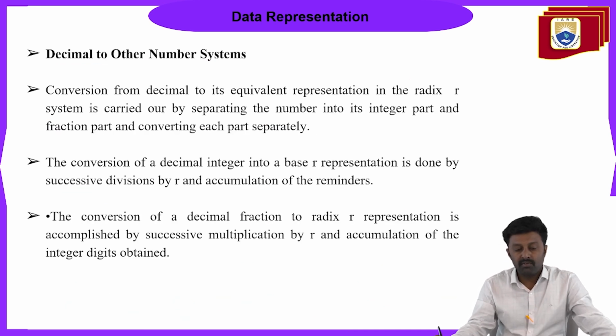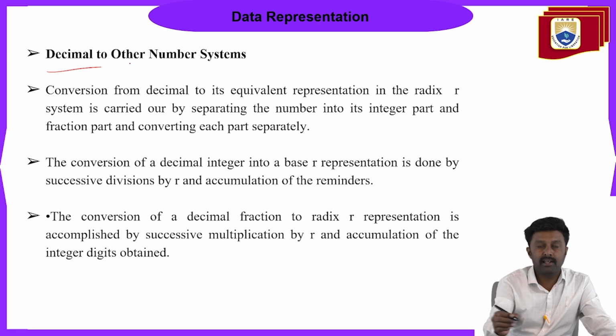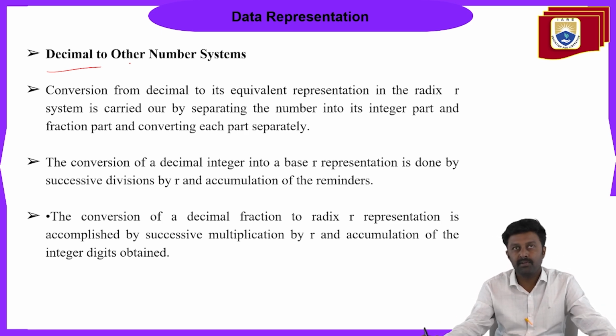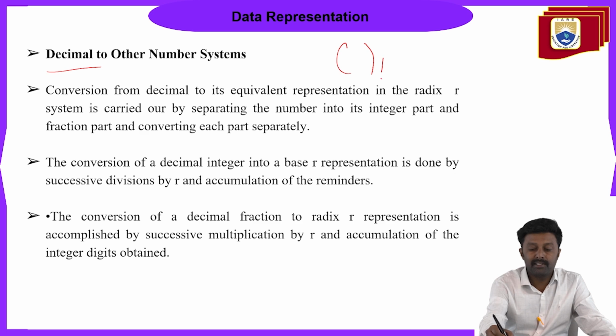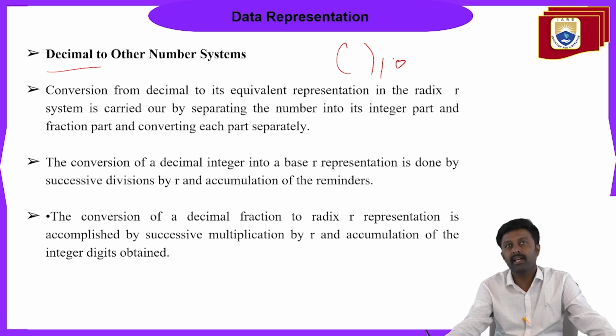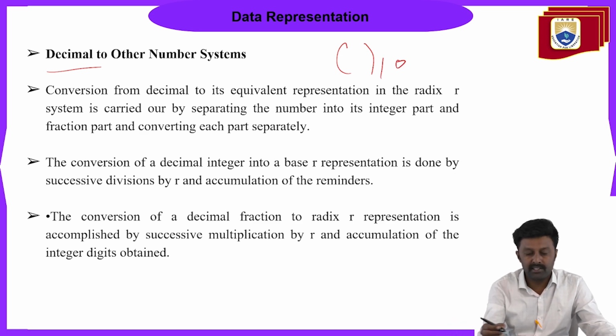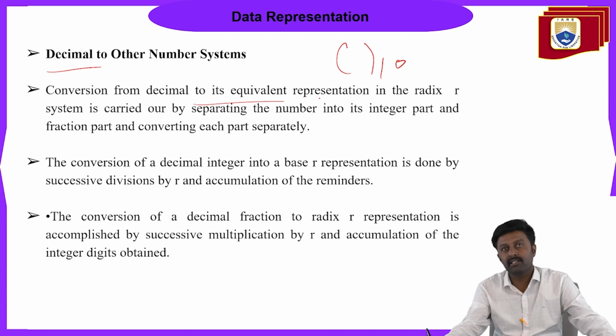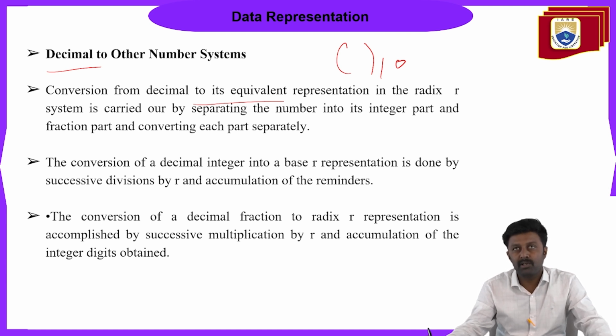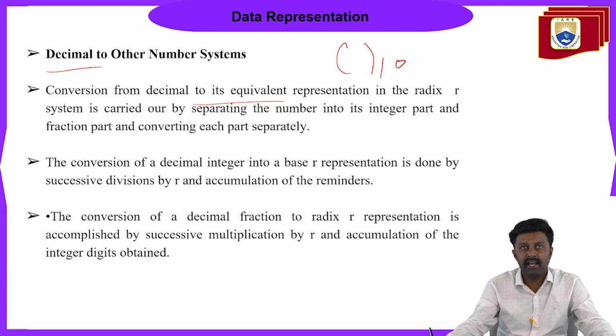So if you want to convert any decimal number, we'll see the different types of numbers. A decimal number is represented with radix 10. To convert it to any other system, this is the procedure that we have to follow. That is, a conversion from a decimal to its equivalent representation in the radix R